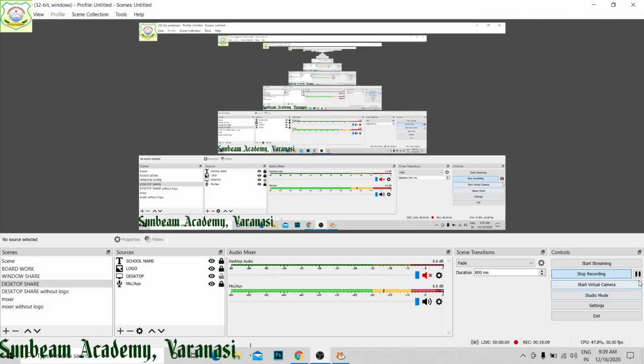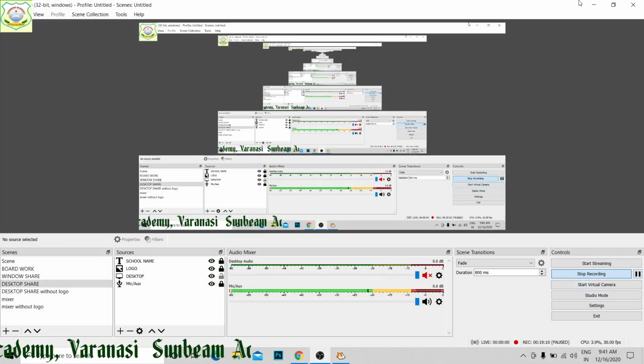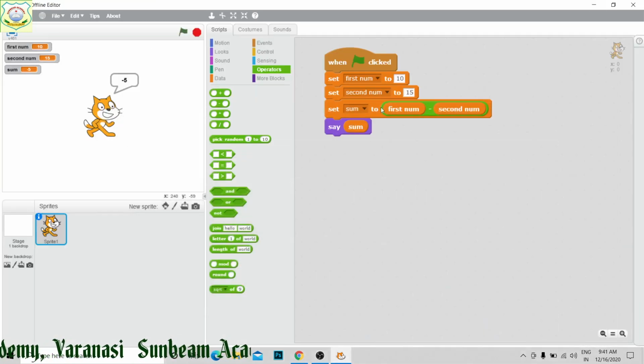So wait students, we will go for some more examples. So students, we have seen pre-assign means whatever value we have given, it becomes fixed and we are getting the result. Now students, this is pre-assign. We will do it for post-assign. How we are going to give it for post-assign?